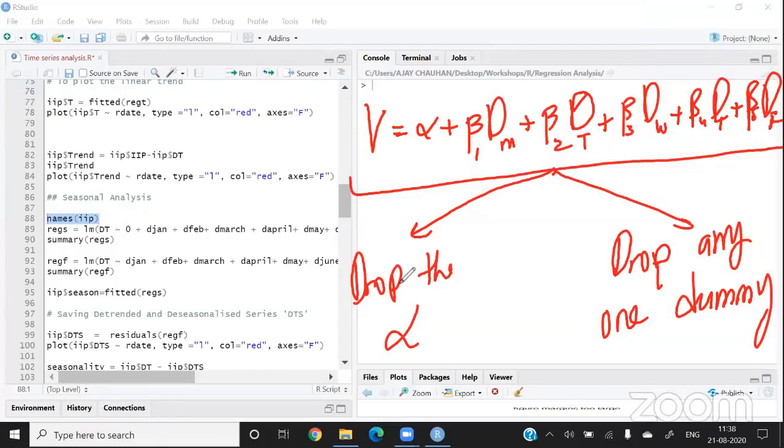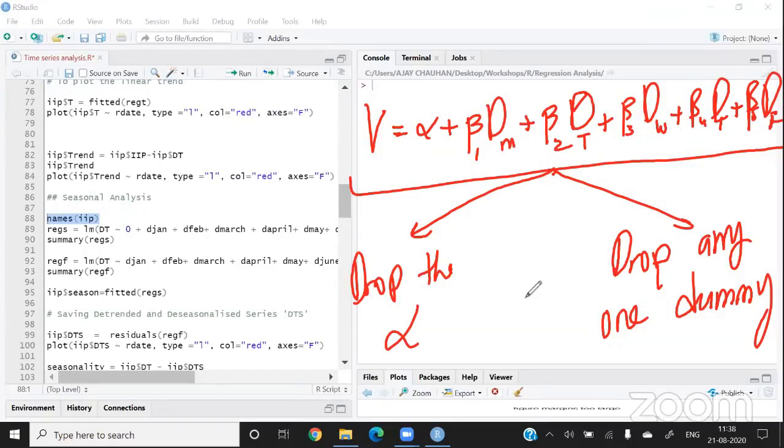If I drop the alpha, then beta 1, beta 2, beta 3, beta 4, beta 5 will give me the average volatility on the different days, right? But if I drop any one dummy, then the volatility of the day I dropped is captured by the alpha, and all other betas will represent the difference in volatility on the different days. So this is the concept of the dummy regression model.